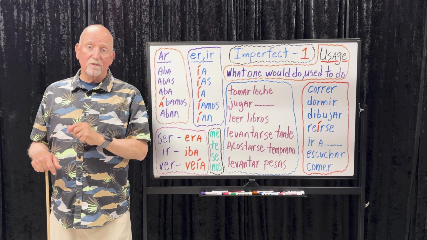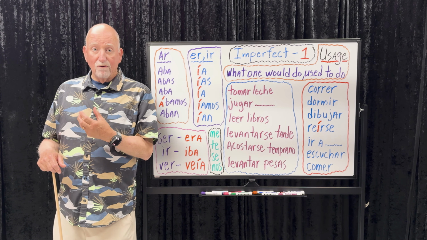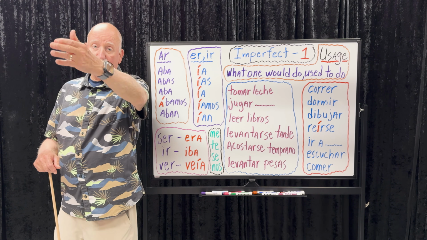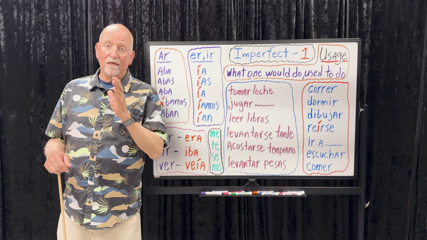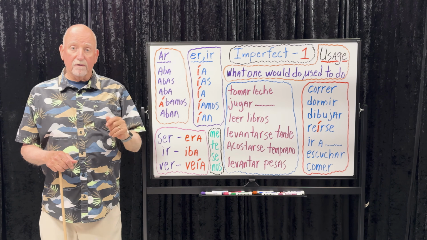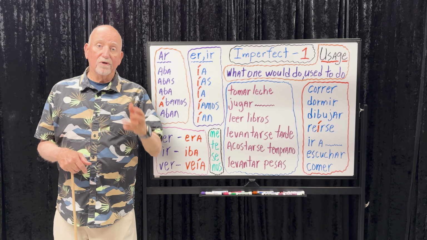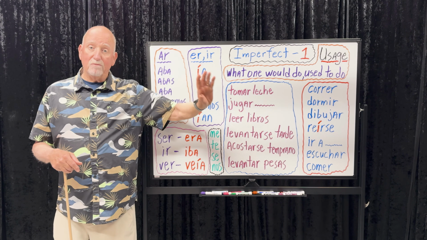What you would do tomorrow, that's verb tense number 7, the conditional. What you would do right now, in a minute, tonight, tomorrow, next year, or way off in the future, that is verb number 7, the conditional. We are verb number 5, the imperfect. The would we're talking about is what you would do all the time when you were a kid, or what you would do all the time reminiscing back, thinking about your past, right?